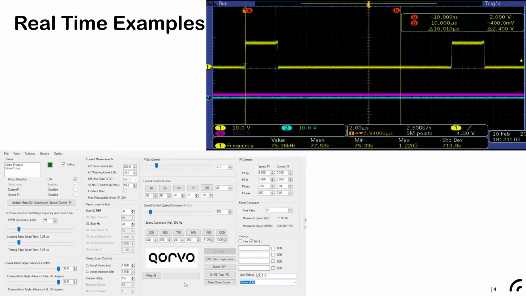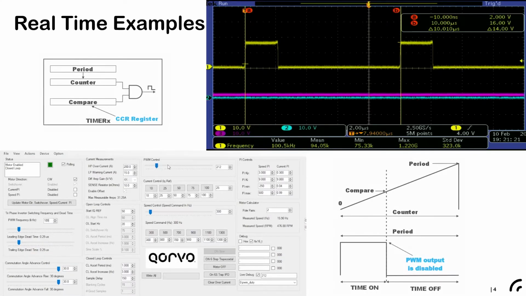Okay, so now I want to go back to 100 kilohertz. The next demonstration I want to show you is the duty cycle. Remember, once you set up your switching frequency, that's the PWM frequency, and that's how many cycles you're going to get per second. Now, the duty cycle, the actual duty cycle, is the number that we're going to put on the CCR register. In other words, if you recall from the previous video, the moment in which we disable the